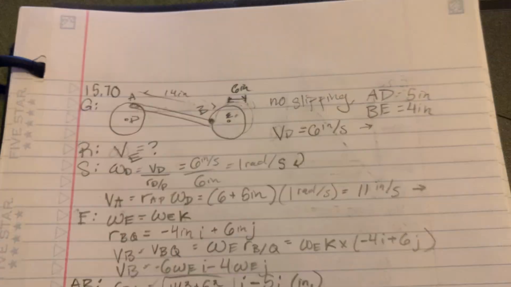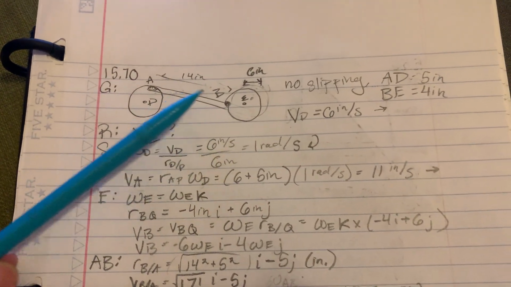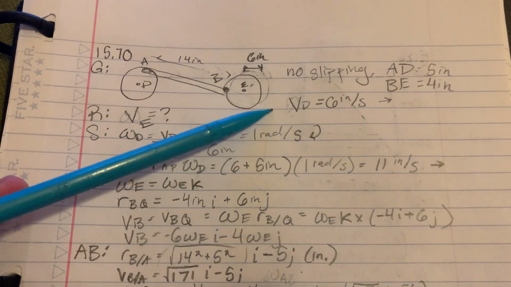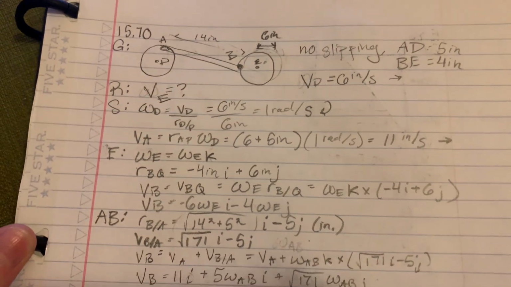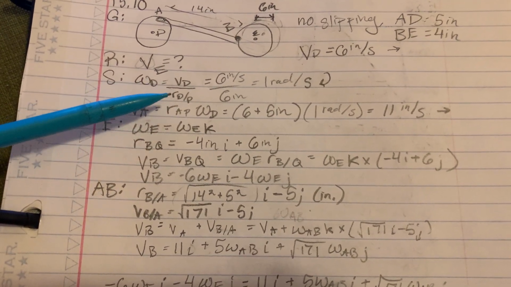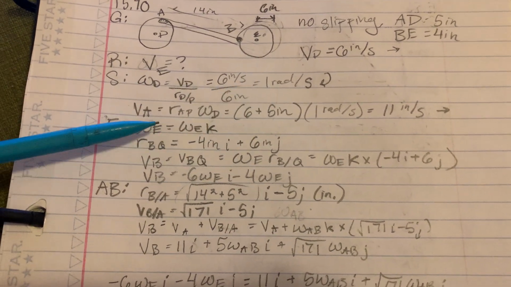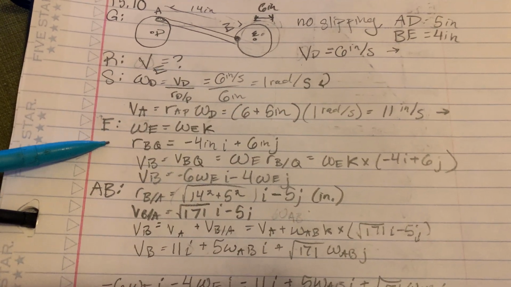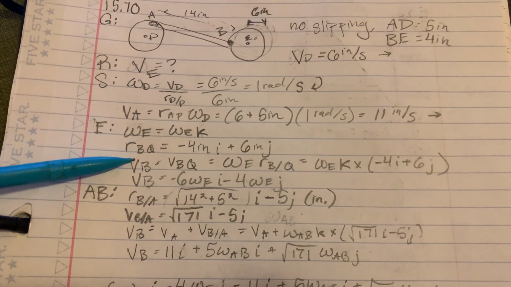The next problem is 2 wheels connected together. There's no slipping. We have the lengths of AD, BE, and the initial velocity of D. We want to find VE, and we have that the angular velocity at D is VD over the radius of D to P, which is equal to 1 radian per second, and then we solve for VA, which is this, and then we focus on point E, which will be in the K direction, and then